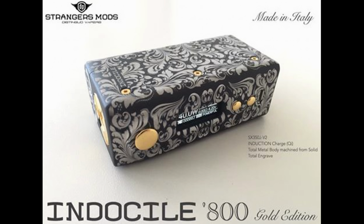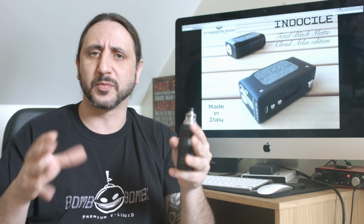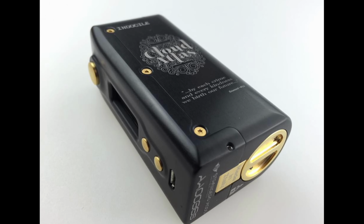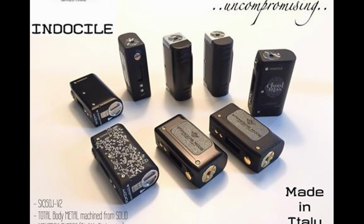I've got some pictures, actually. I'll show you some of the engraving ones they do, and then some of the pictures of the titanium one that's just come out. So yeah, and also he doesn't shy away from customizing it for you. I'll read you a little message that he sent me about what he doesn't mind doing on your